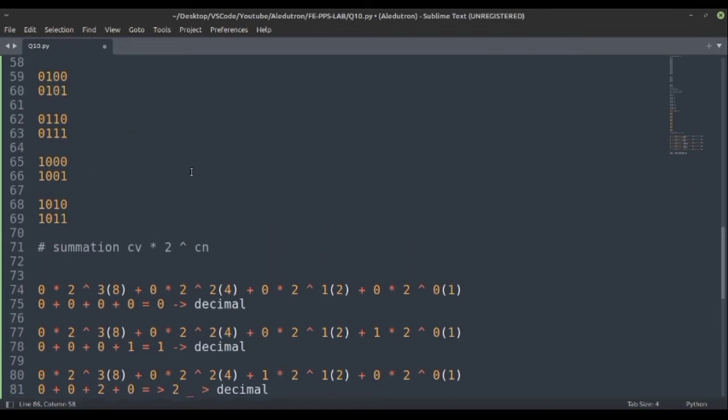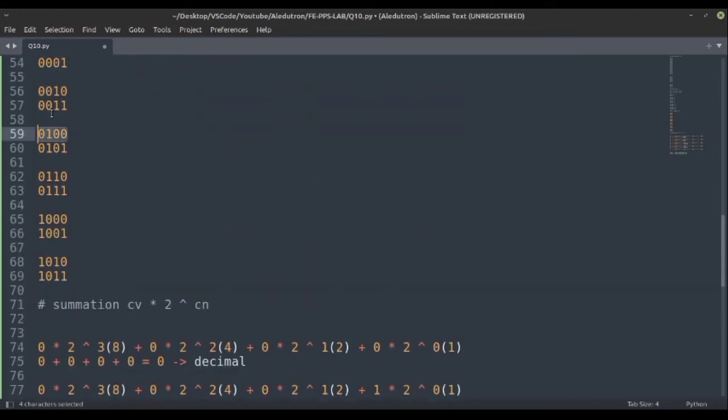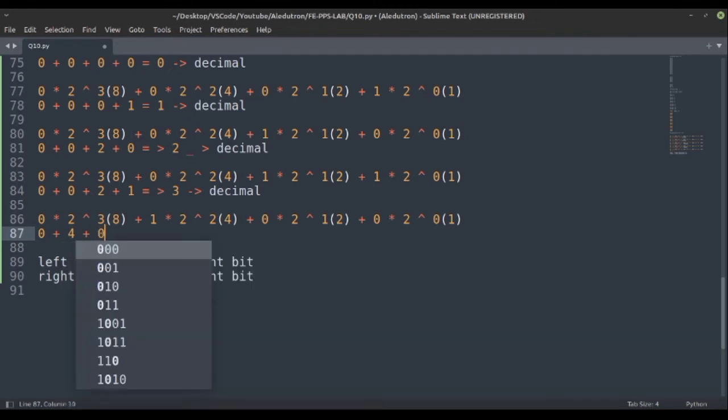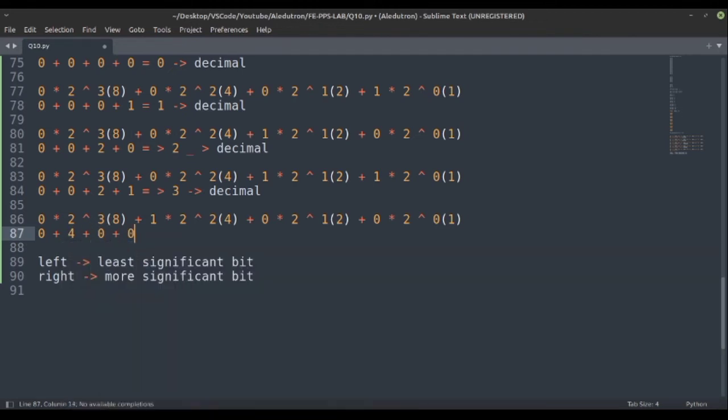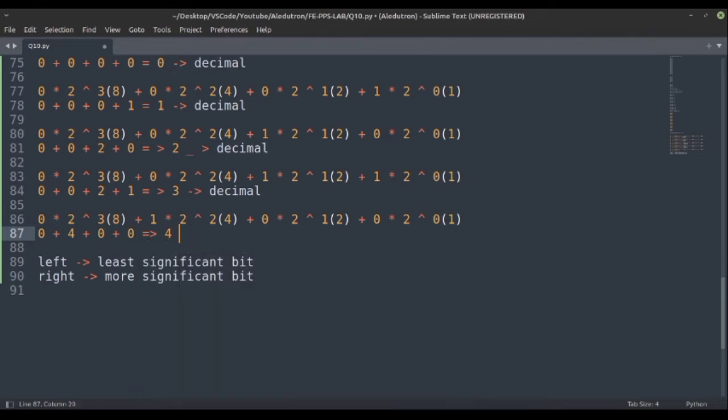So here the next value is 0100. It is the value of 4. So first term would be 0, second term would be 1 into 4, which is basically 4, then again 0, and then next term again 0. So it gives us 4, which is correct in decimal order.